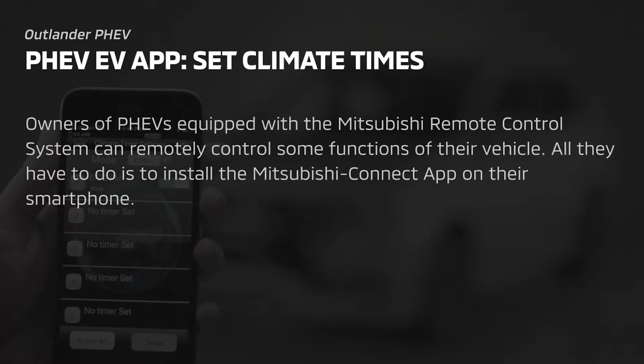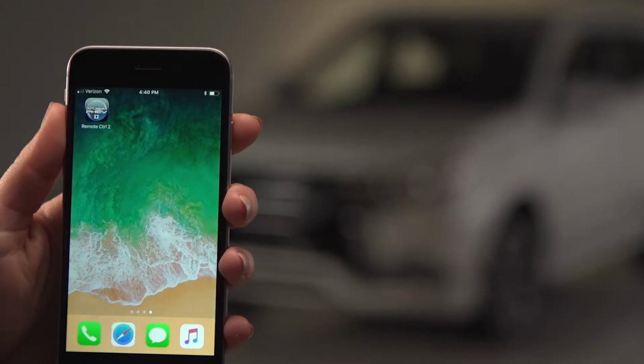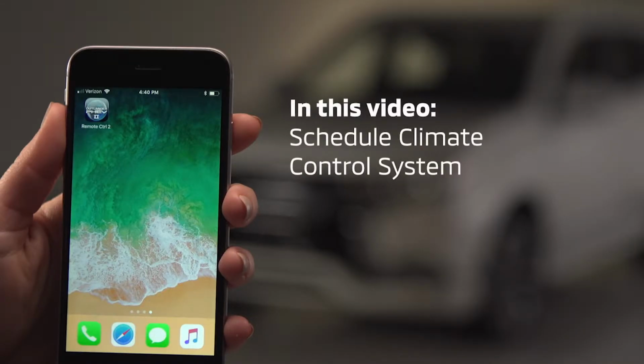Owners of PHEVs equipped with a Mitsubishi remote control system can remotely control some functions of their vehicle. All they have to do is install the Mitsubishi Connect app on their smartphone. In this video, we'll show how to schedule the vehicle's climate control system to heat or cool the car at